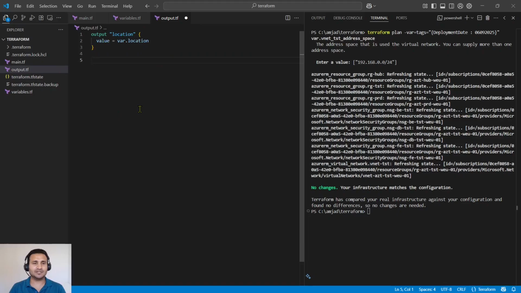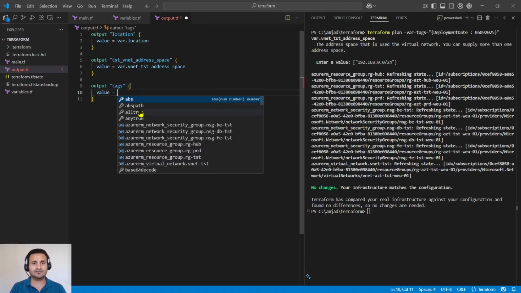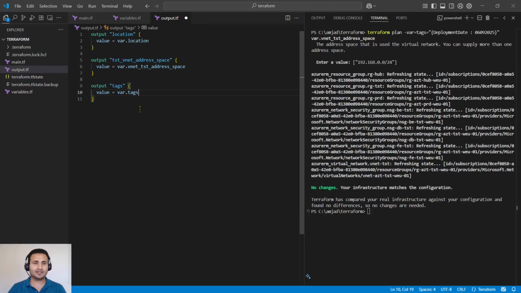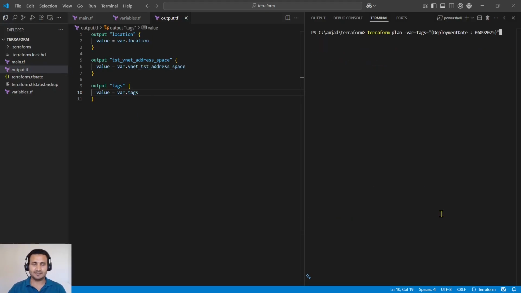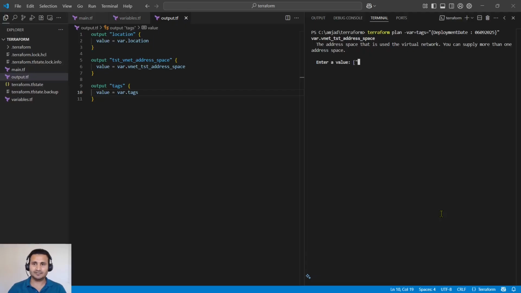That is an example of the usage, but we are going to talk about it in a detailed way in the next section. And then we do have test vnet address space. I just wanted to make sure my value is correctly assigned, so I'm going to use the output block for that purpose, and for the tags we do have var.tags. Now what will happen if I run the Terraform plan command again the same way and pass the value here